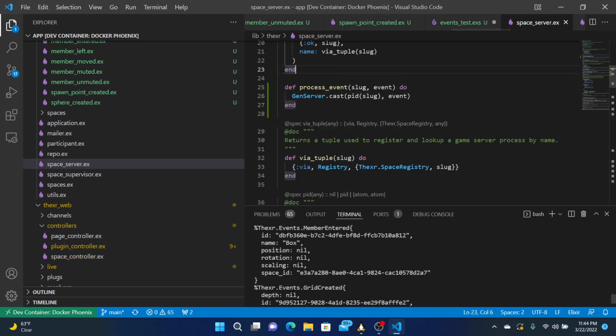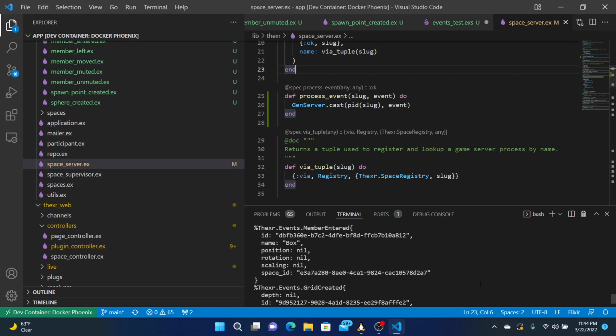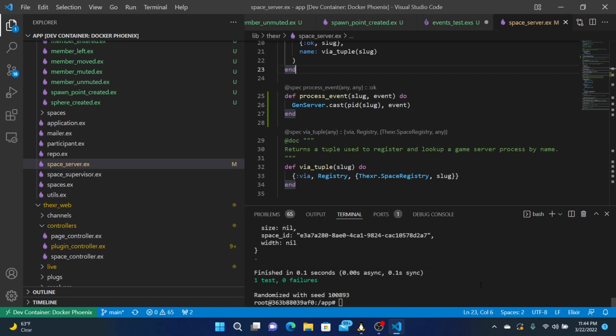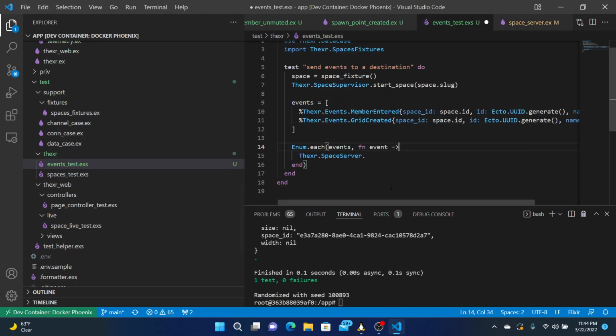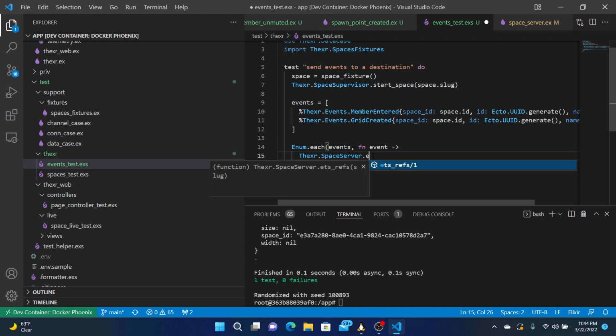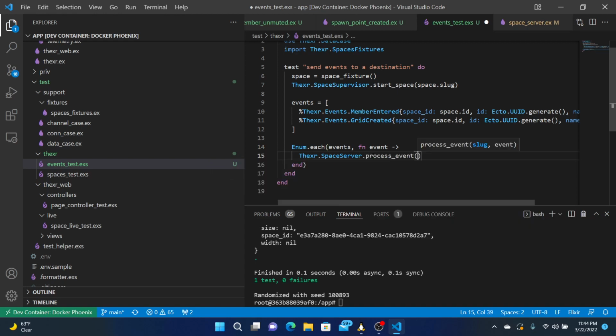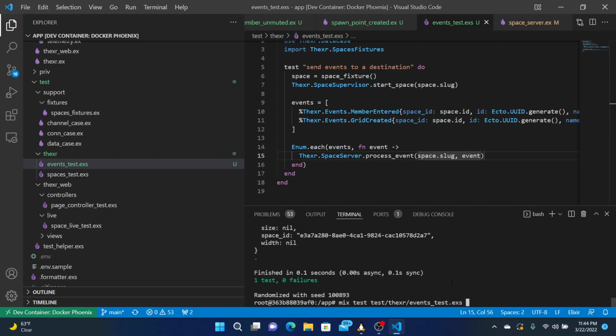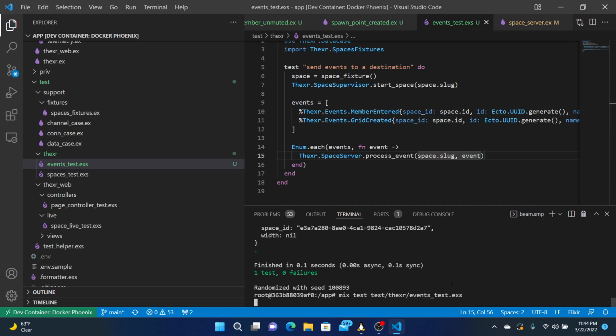Okay, so if we did that, it should error out because we don't have a handler, which is fine. So we'll go event process event. The slug is space.slug and event. Do this, test it.